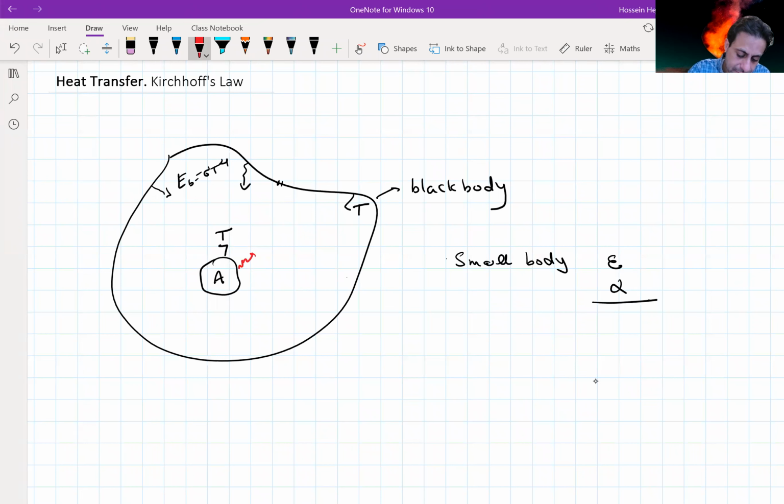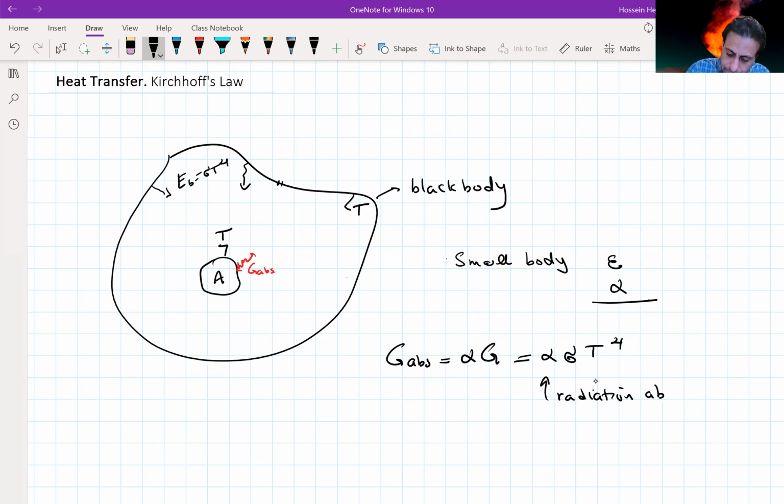So we are going to have some G of absorption here, and this G of absorption is going to be alpha G, the amount that is received by the small object, which is alpha sigma T to the power of 4. So this G is coming from the surrounding medium, and this is the radiation absorbed